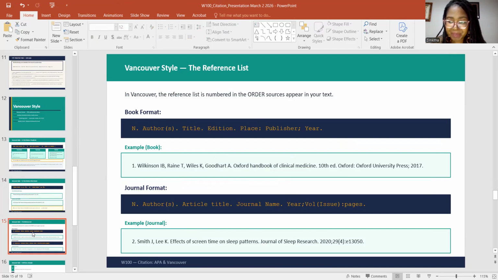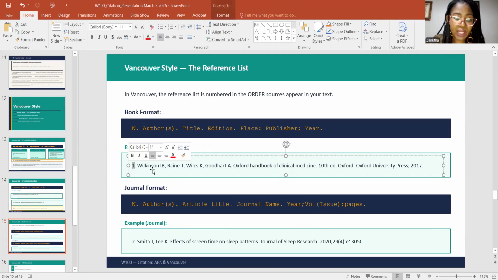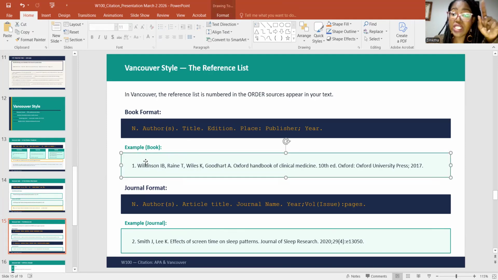Reference list. This is what I was trying to say to you. With the reference list, you saw in the APA style, we never numbered the authors. You see this number 1? We never numbered it. But in Vancouver, you need to number. How do you number? According to how you cited it. So if that number is number 3, it needs to be number 3 here. And here you are not worried about alphabetical order. Here you are looking at numeric order.